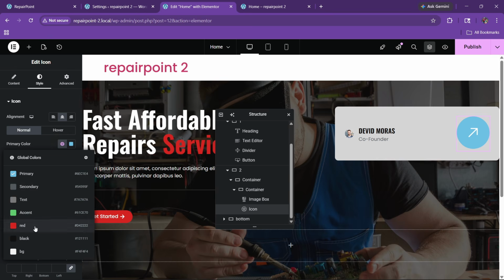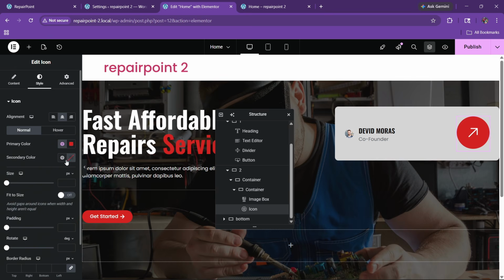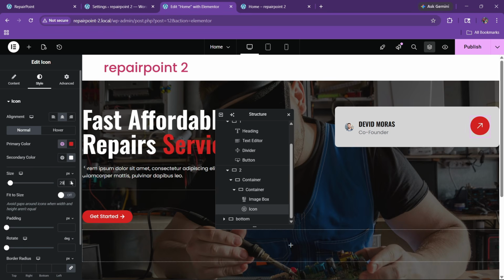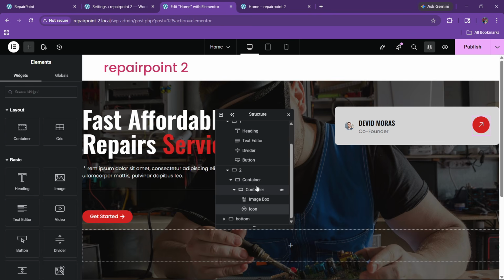Okay, so here we can make this like this, and also you can see we can make this white. So now we can just play with the size of this, okay, like this. Okay, here we can make this to 28. Okay, so you can see this is looking good. We can make this 26. Okay, so in this way now we have to add this. So now what we can do, we can just okay,